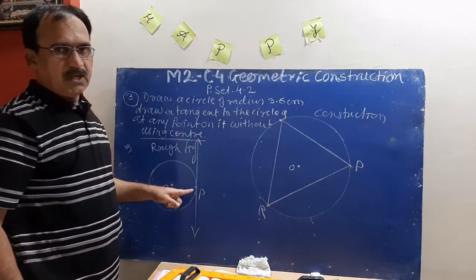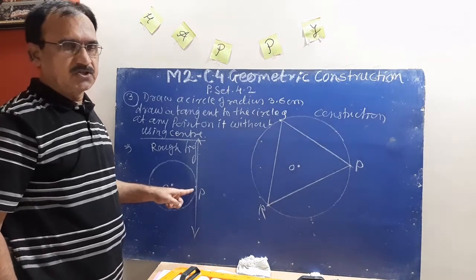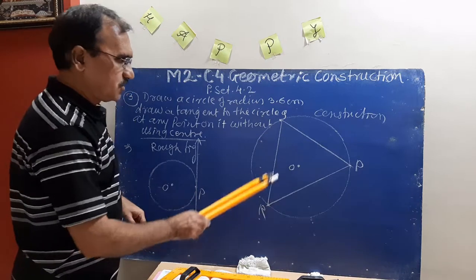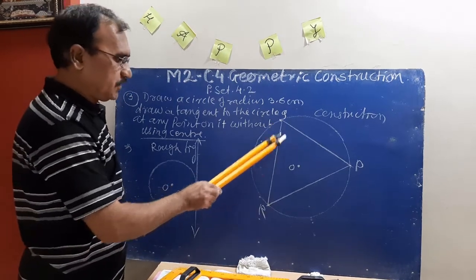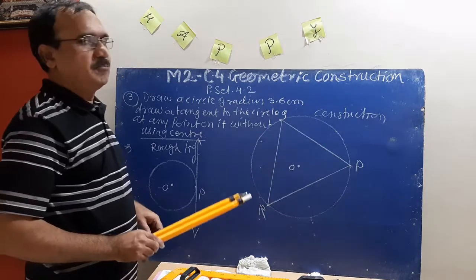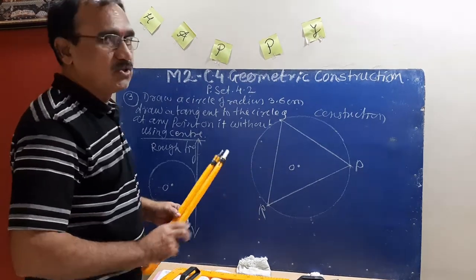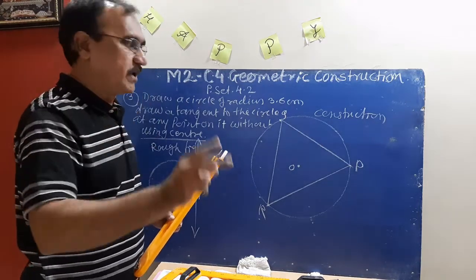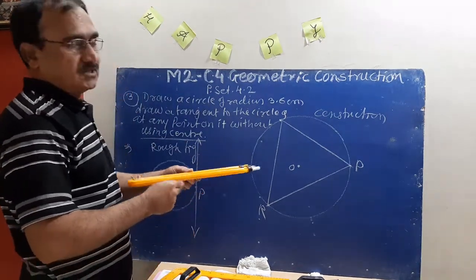Here is point P. We have to construct a tangent which is passing through point P. For our convenience, take any 2 points on the same circle, which are point Q and R. Join all these 3 points. There is one triangle PQR. And we know the second basic construction, construct a congruent angle to a given angle. We can use this one here.